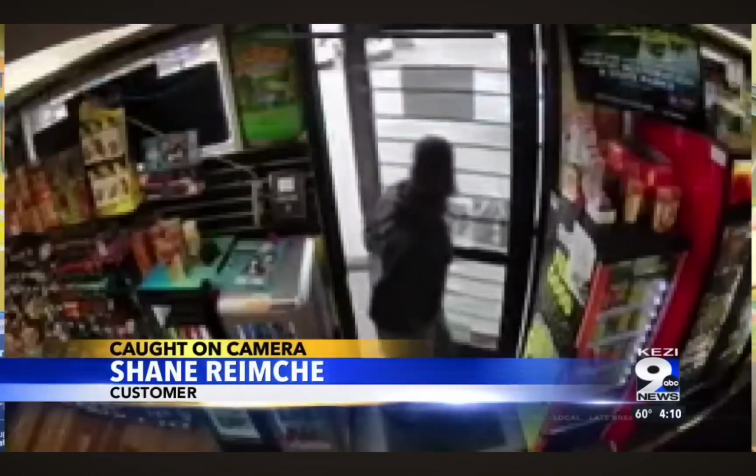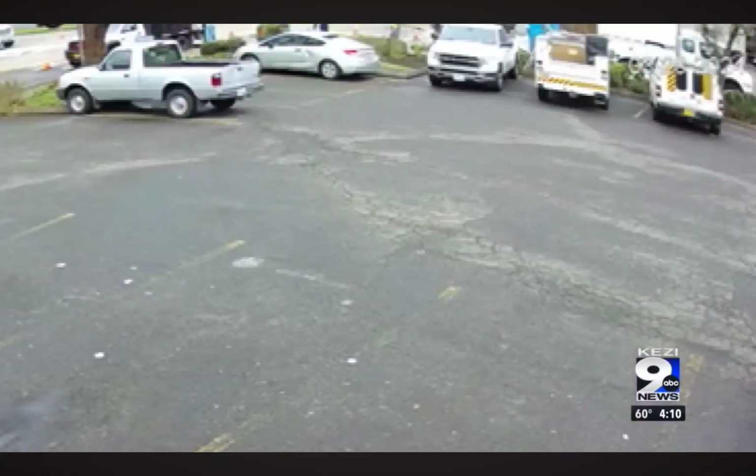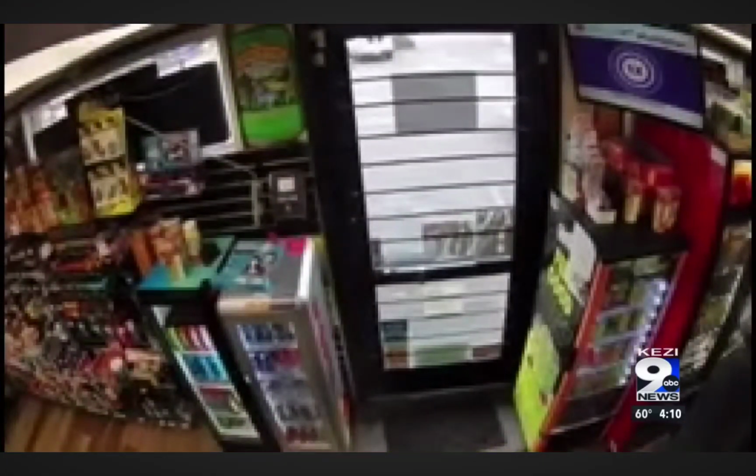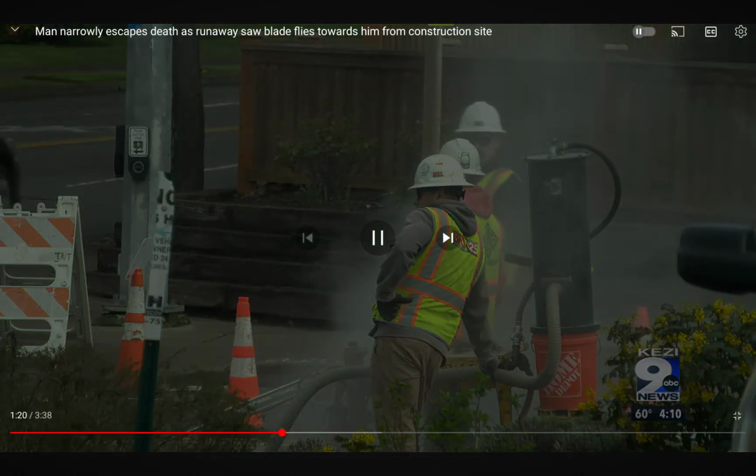I put my hand on the door, and I heard a loud bang and yelling over here at the corner, just as a cloud of smoke pops up, and I see a guy fall into the ditch, and a 4-foot blade hurling at me as I'm walking through the doorway. A traffic contractor who witnessed the incident says,